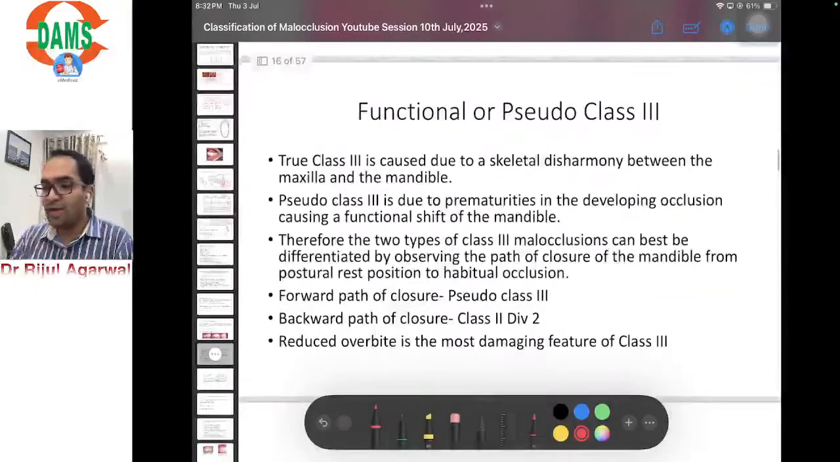Okay, moving ahead, that is functional or pseudo class 3. So what is functional or pseudo class 3? Pseudo means false class 3. That is, the molar relationship is